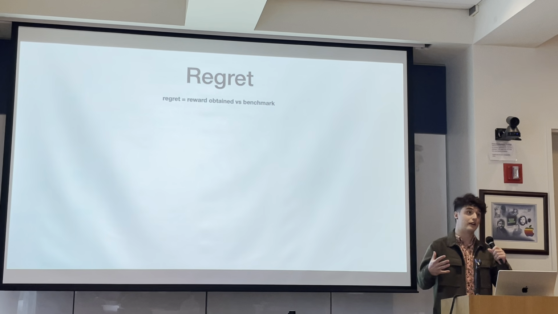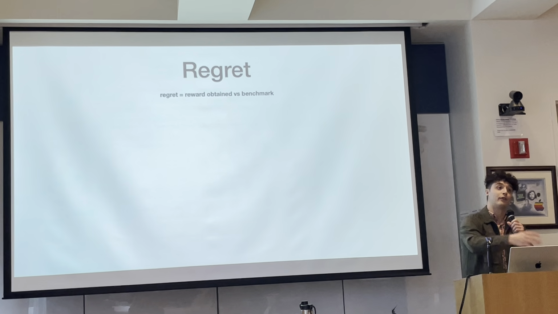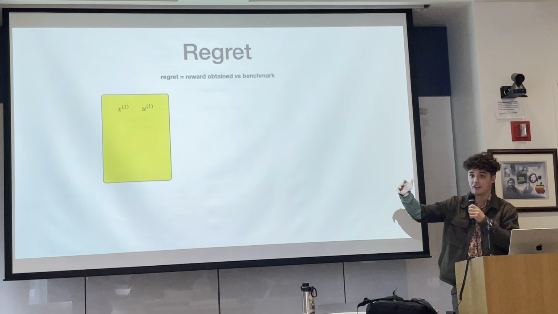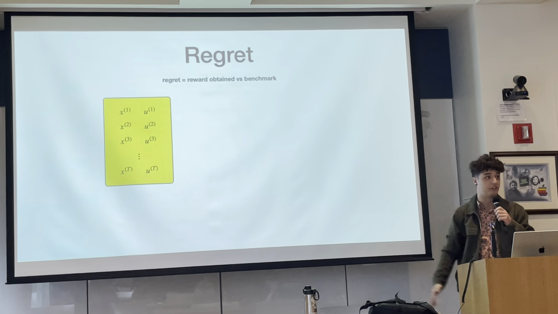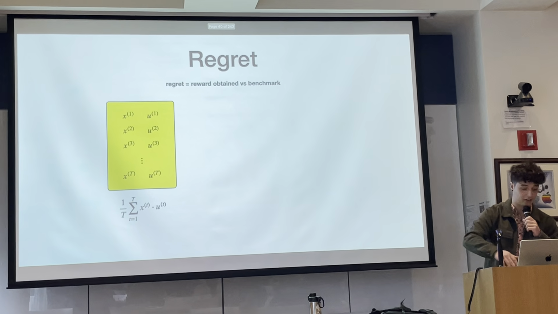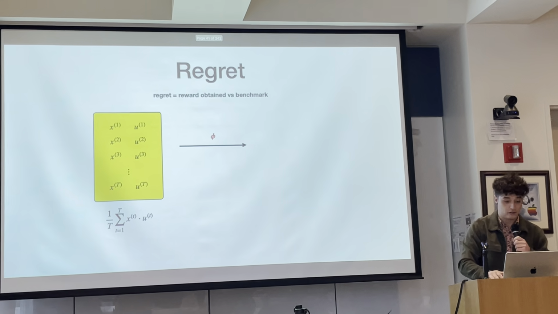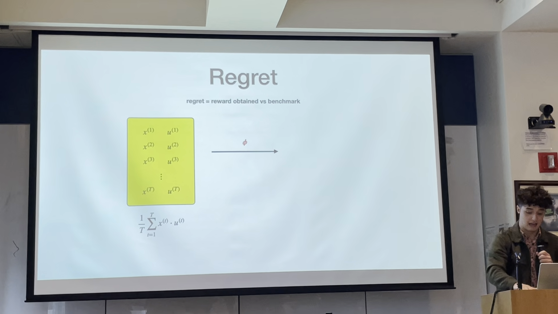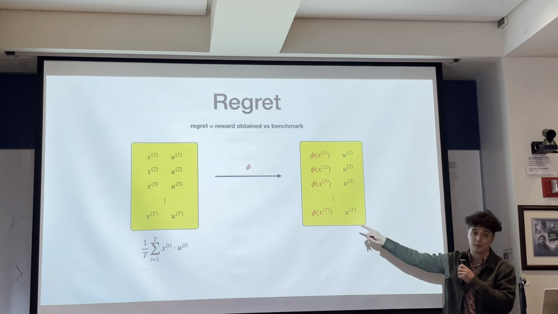So regret is generally going to be the reward that our online learning algorithm attained compared to some sort of benchmark, okay? So, we have some sort of online learning algorithm that, over some series of time, is producing actions x1 to xt in the face of these rewards that it receives. And then we're going to consider comparing the performance of this algorithm, right? So it gets some reward that is this. We're going to consider the comparison of this reward to a transformation of the actions. So there's going to be some sort of transformation phi that is going to, instead of playing x1 to xt, what if we had instead played phi of x1 to phi of xt?